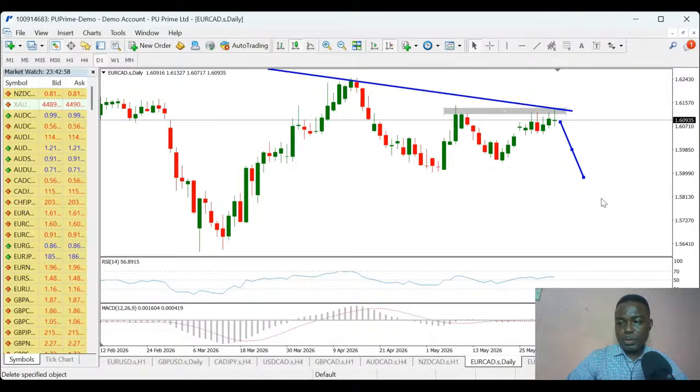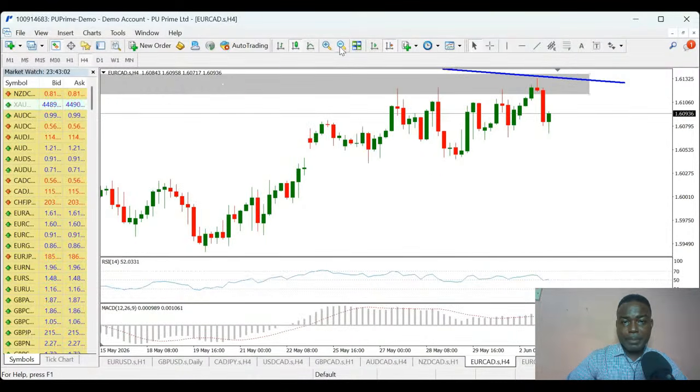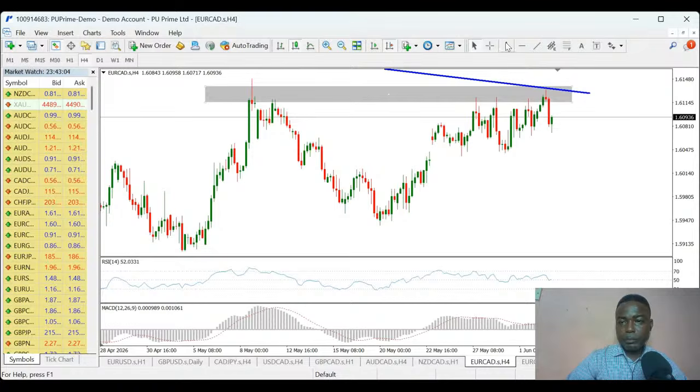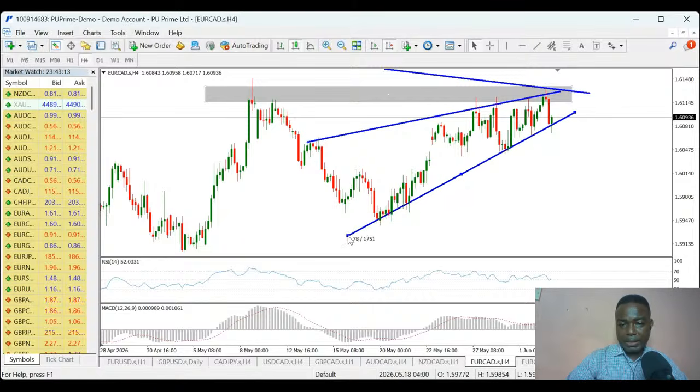All right, so let's go to a lower time frame. Let's start with the 4 hour time frame. On the 4 hour, I can see the clear formation of a rising wedge pattern. Currently, price is testing that trend line, and you can see it bounce to the upside. But then if price breaks out below the lower trend line, we're going to see a massive movement downwards. RSI below 50, MACD below 0, and that will lead us to a bearish trade, a sell trade on the